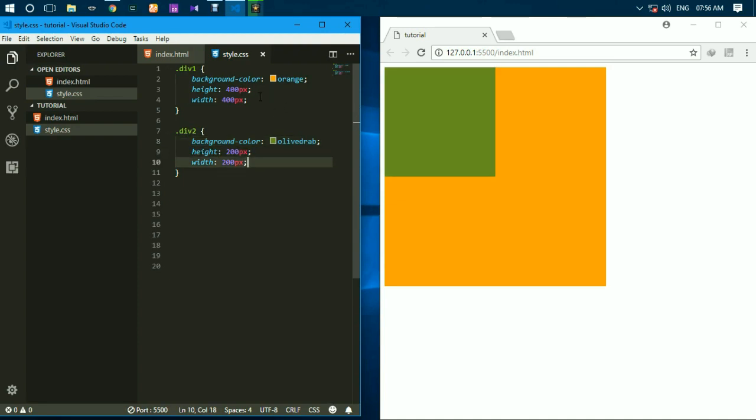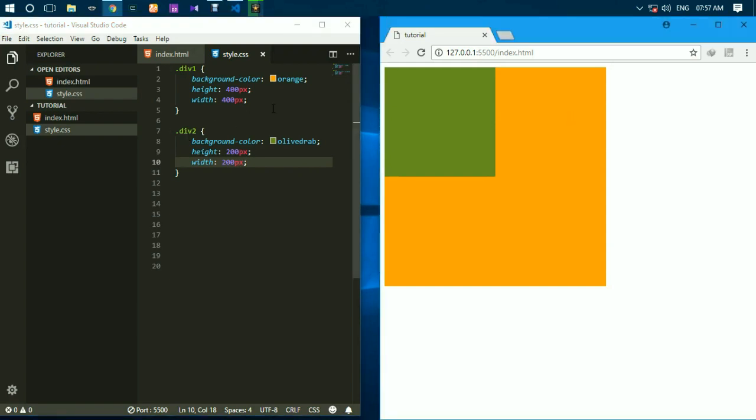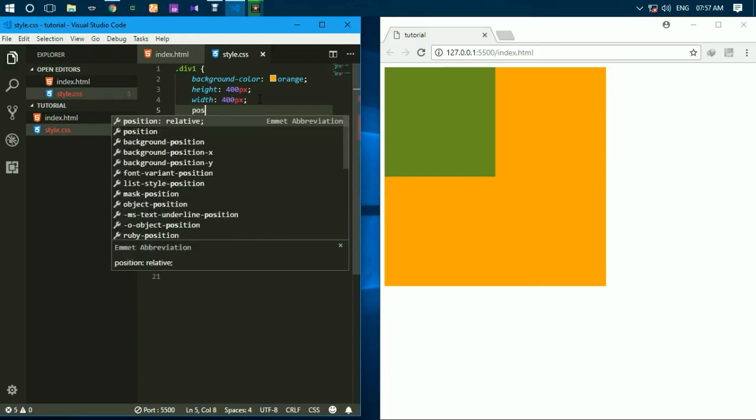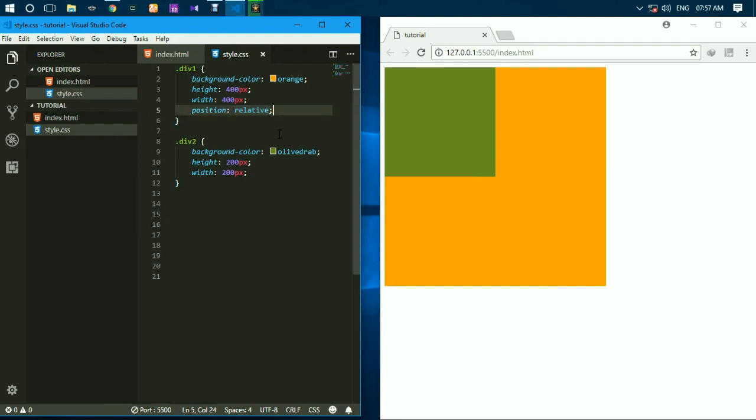So now what we can do for the positioning is specify the top, left and so on. First we have to understand the positioning system. There is a theory called relative positioning: if you are trying to position this, it will be relative to this, because this is inside this bigger one. So first we need to set this position to relative